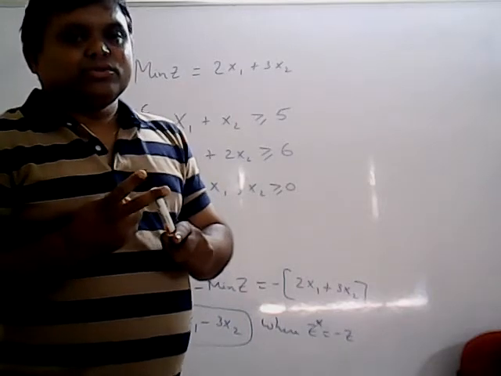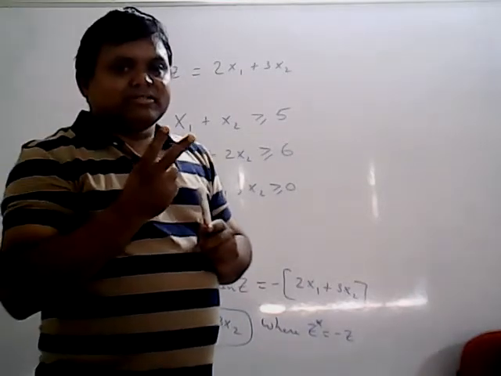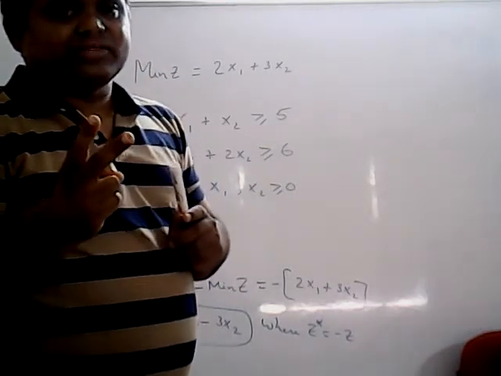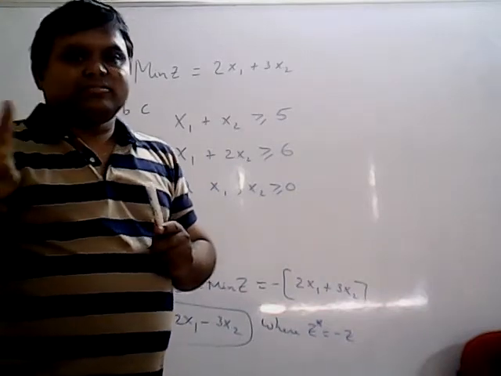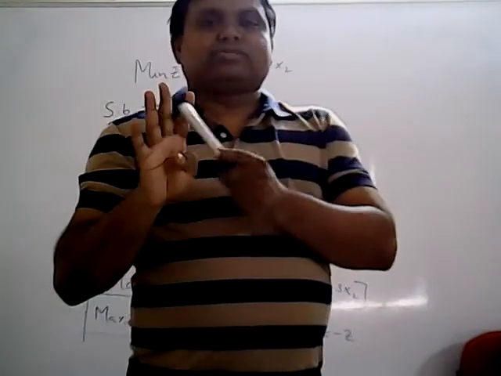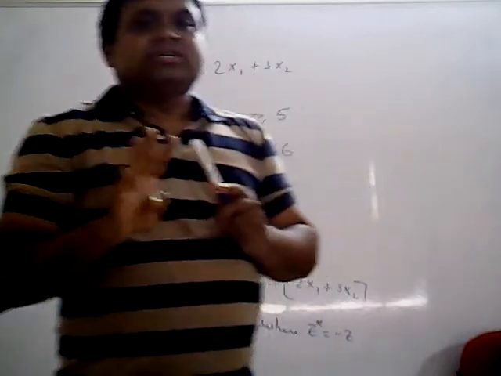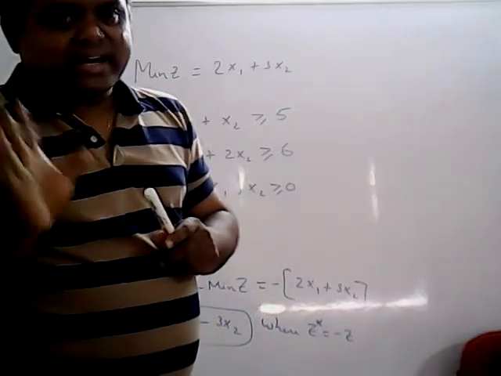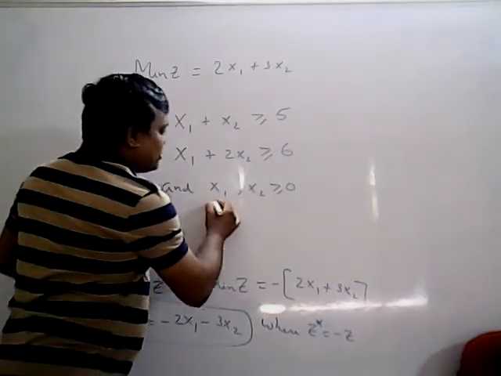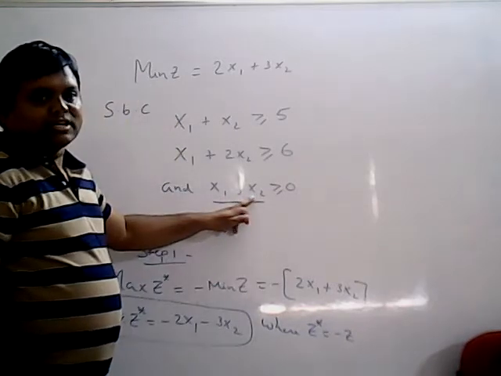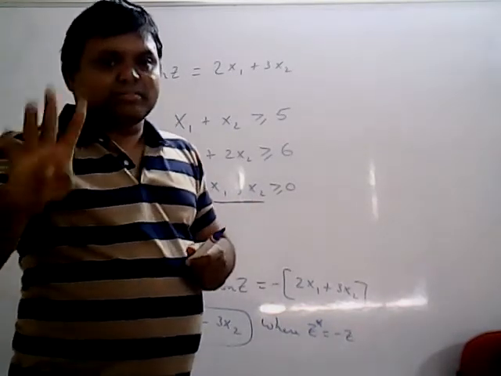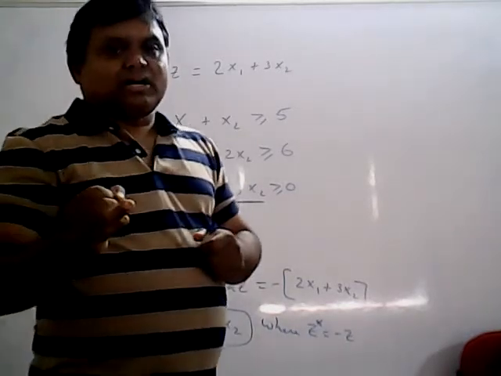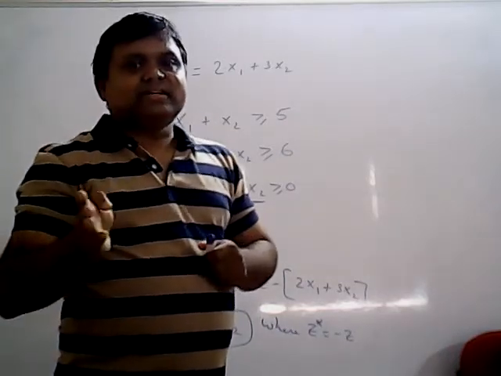Whenever a surplus variable is used, you require an artificial variable. 2 surplus variables are used, so 2 artificial variables are required. Total how many variables are required now? 2 surplus variables and 2 artificial variables, so total 4 variables. Surplus variable is always subtracted and artificial variable is always added. The original problem has 2 variables. Now I have to take 4 more variables: x3, x4 are the surplus variables, and x5, x6 are the artificial variables.